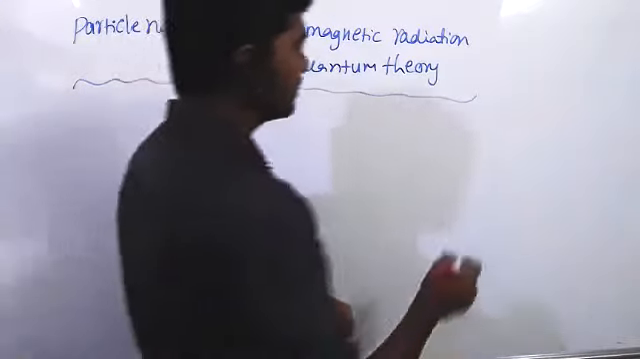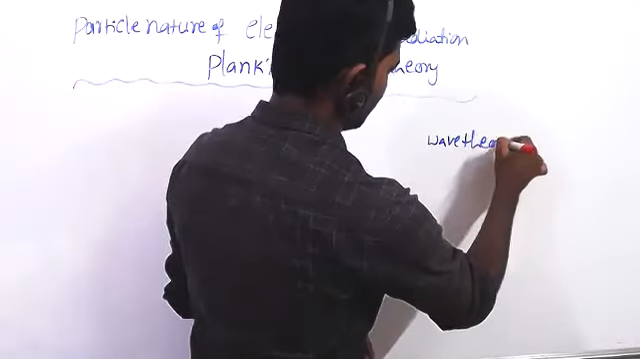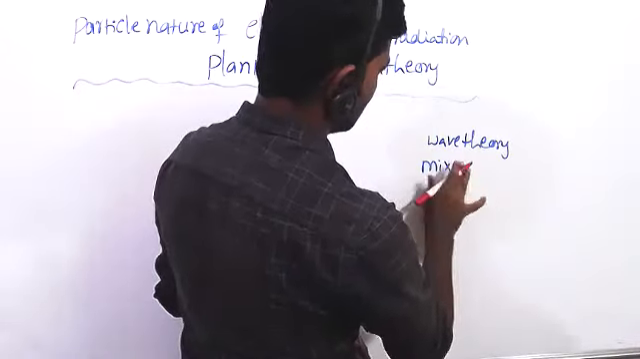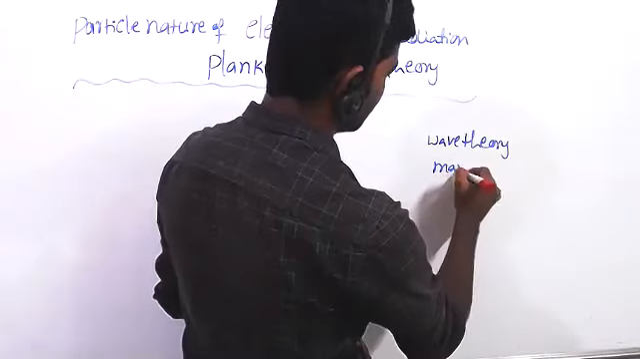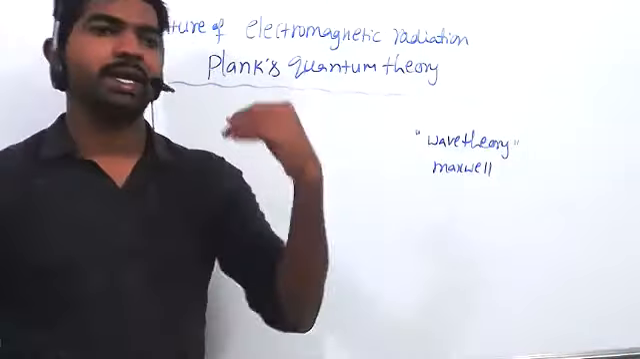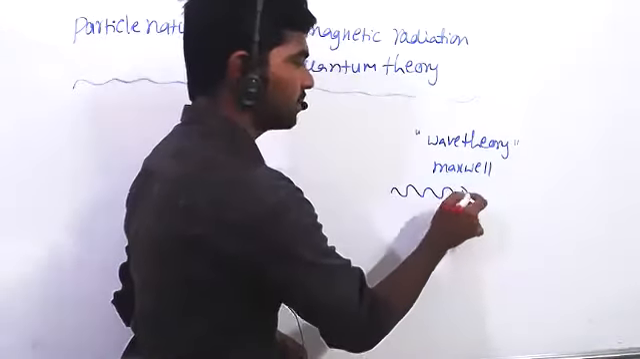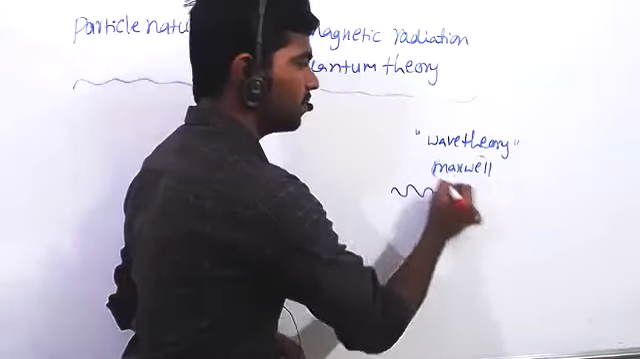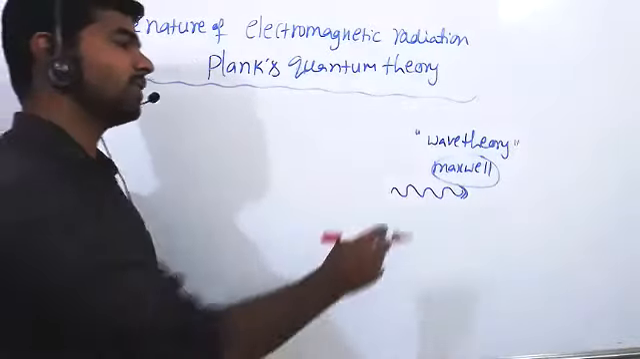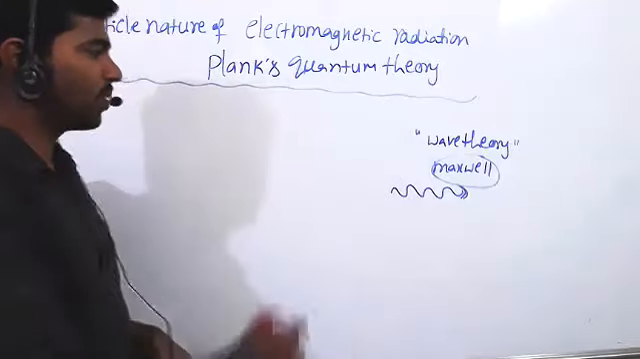Previously we discussed the wave theory. This was given by Maxwell, right? Light radiation moves like a wave. This concept is given by Maxwell, and it is the wave theory. But it failed, not fully, but it failed to explain the black body radiation